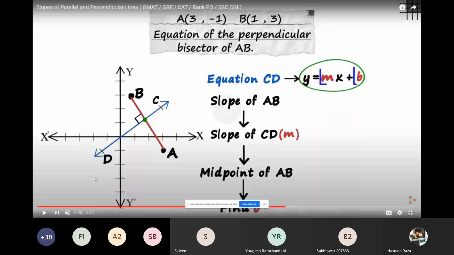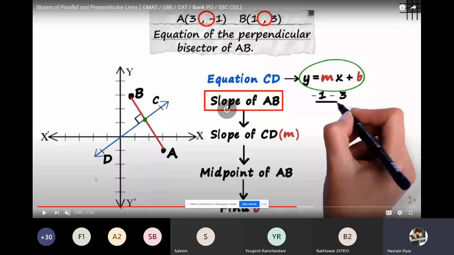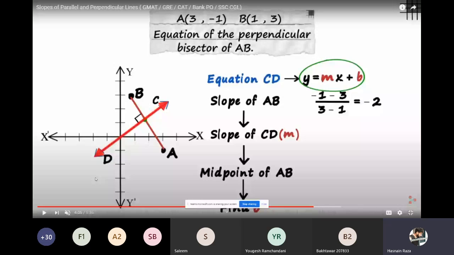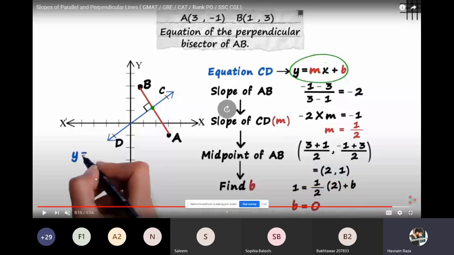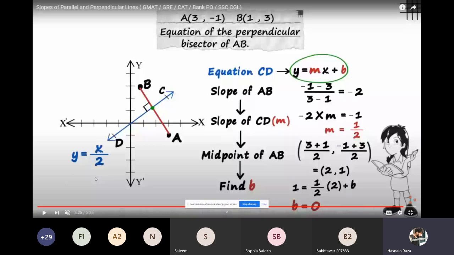That we did also. तो स्लोप के लिए इसने फॉर्मूला लगाया. स्लोप आ गया -2, किस चीज का? लाइन AB का. हमारी वाली लाइन का स्लोप क्या आएगा? 1/2. ठीक हो गई जी बात. सेकेंड थिंग, मिड पॉइंट फाइंड किया, आ गया (2,1). (2,1) को हमने पुट किया, c का आंसर. तो इसने b का वर्ड यूज किया है, हमने c यूज किया है. c का आंसर आ गया 0. हमारे पास भी यही था. So the equation of that line is y equals x upon